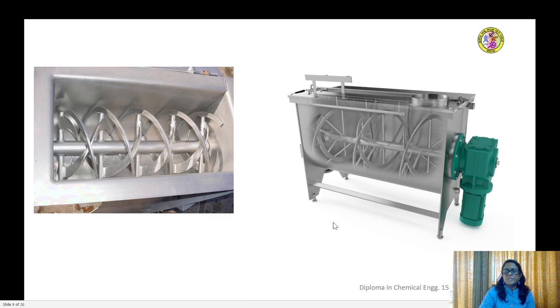So these pictures are showing you the inner parts of a ribbon blender. This is the rectangular trough, in which there is a center shaft which is held in a flexible bearing on either end. You can see the two counteracting ribbons, this is a forward acting ribbon and this is a backward acting ribbon, wound on the central shaft. When the two rotate, the material gets mixed by getting pushed to the top and the bottom of the trough, and in that way mixing is achieved.